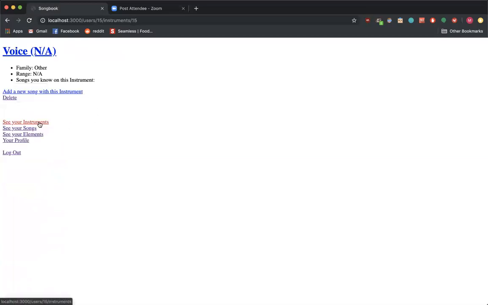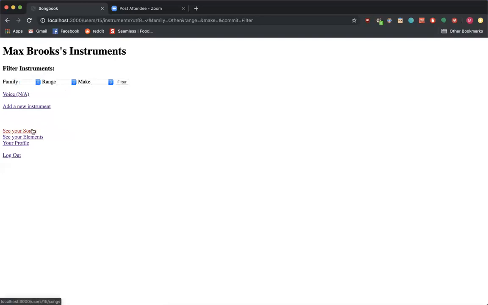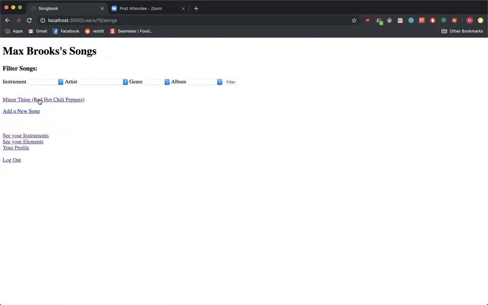And now if we go back to the filters over here, you can actually see how you can filter once your instrument list becomes really long and big, or you're just messing around. It's very good to be able to filter your different instruments. Yeah. So let's go to our songs, and you'll see here songs additionally have